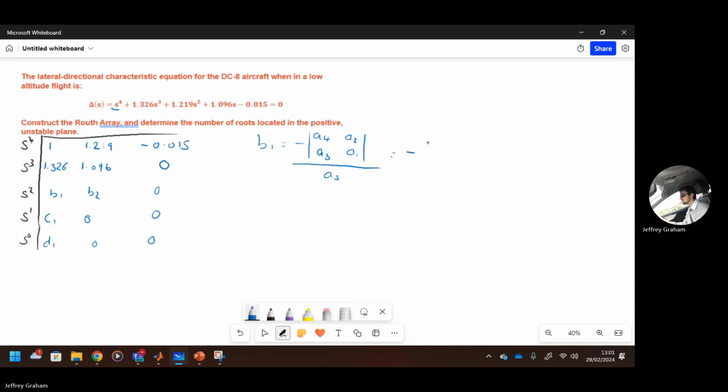So take these numbers, that's going to be 1, 1.219, 1.326, 1.096, all divided by